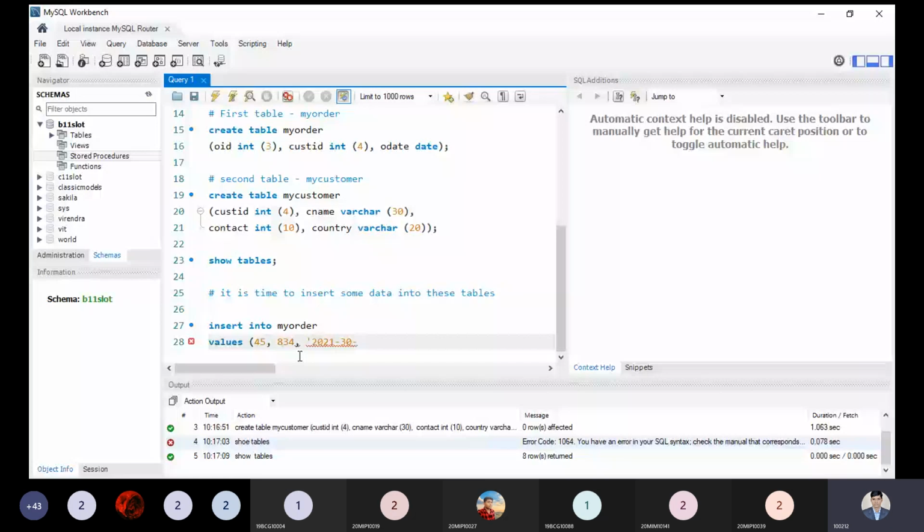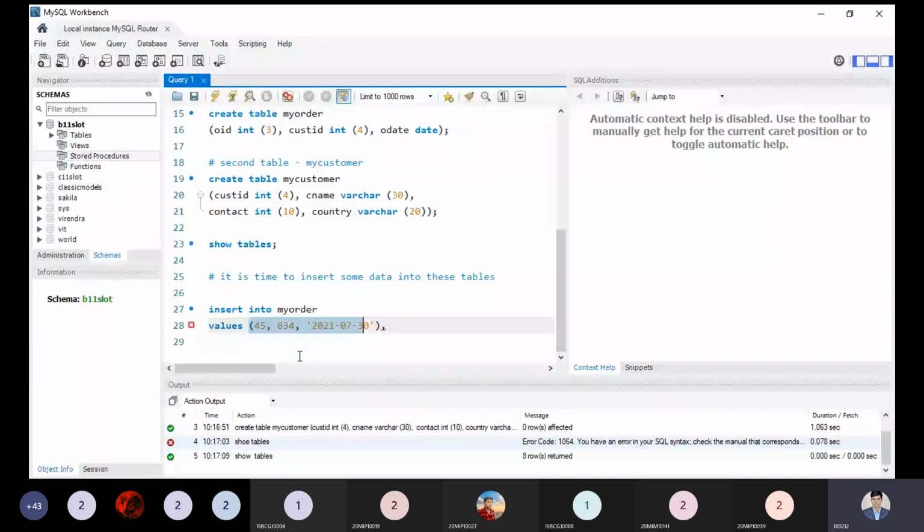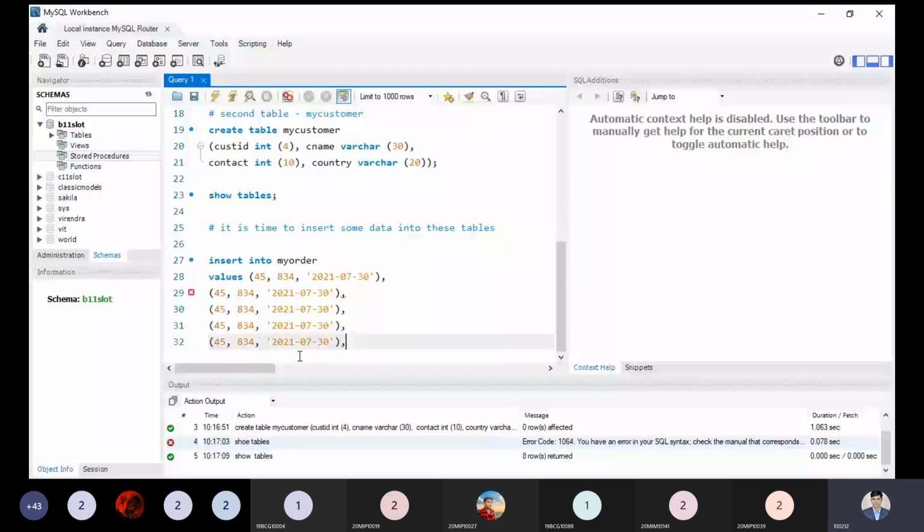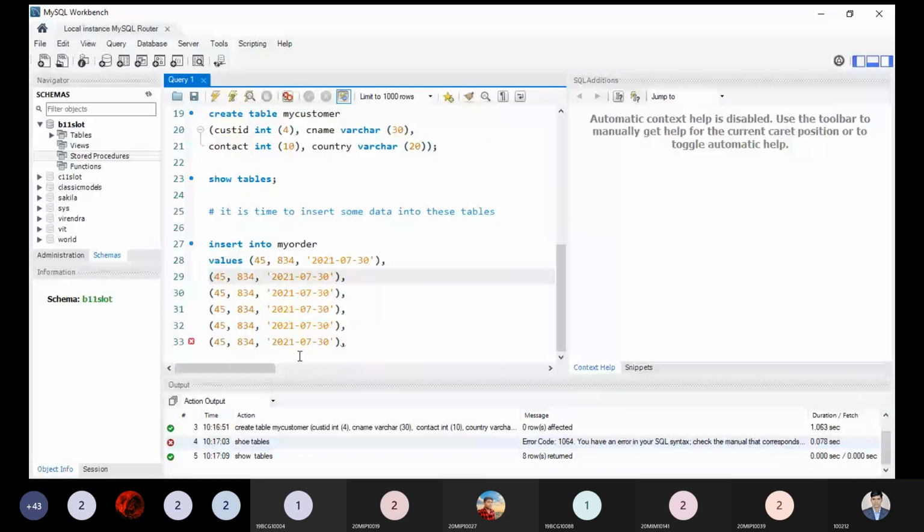Next, after inserting the comma, I can also take multiple rows of information over here. Just let me update some information. The 45 here, I'm taking 34 here, and 02, I can take the year like this.